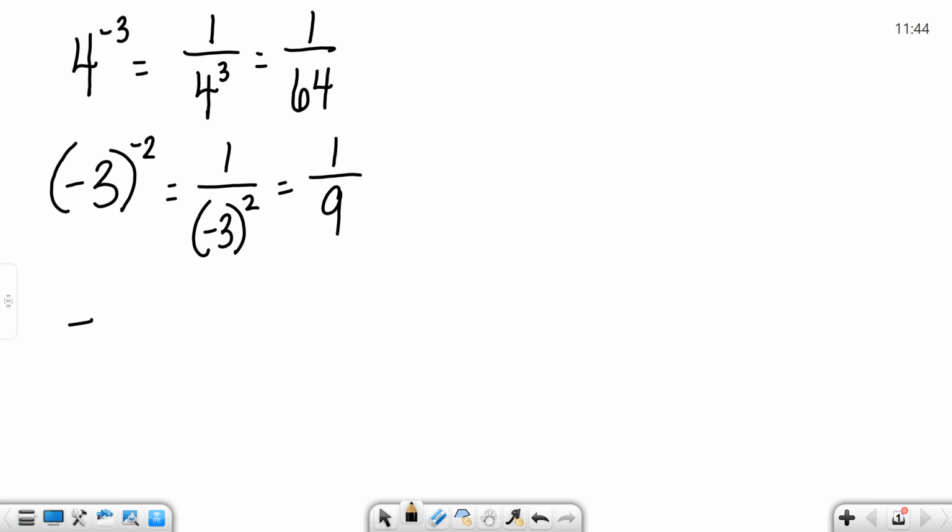Now this same problem, well, it appears to be the same problem, but it is not. Notice that in the one that I just wrote, there are no parentheses. So the way that I see this problem matters. Technically, what this says is negative 1 times 3 to the negative 2. That's what this problem really says. So if I think of it like that, which is the way that we have to think about it,